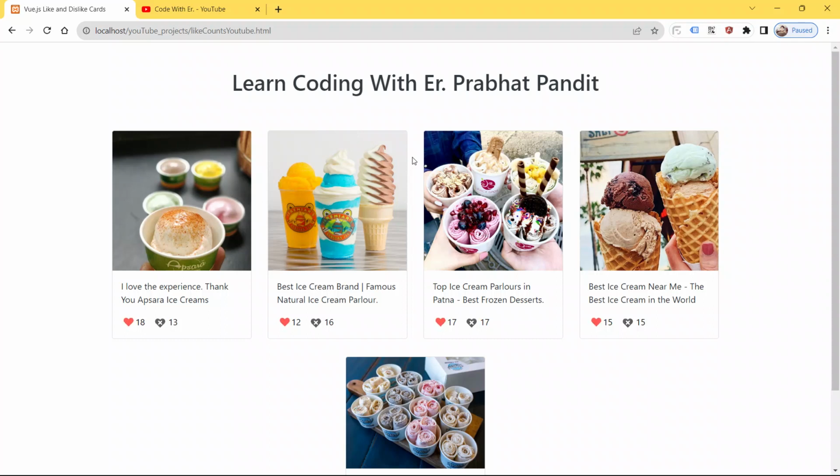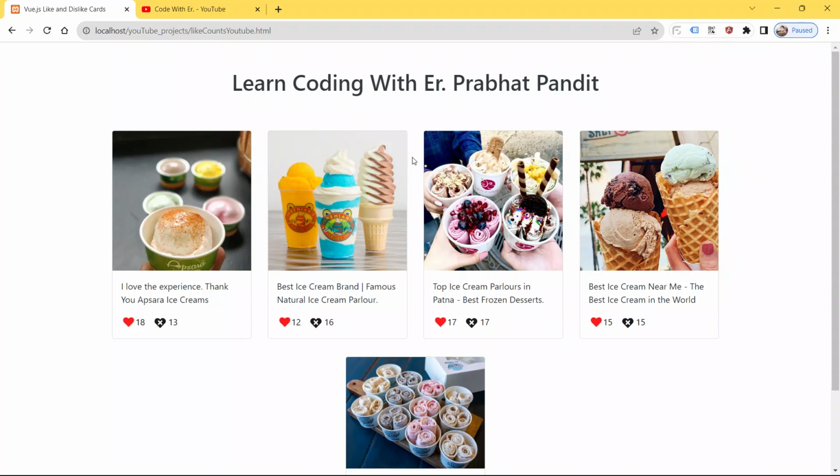That's why it remains the same after the page refreshment also. So in this video we are gonna learn how to create this kind of dynamic application using HTML, CSS, Vue.js as well as local storage, where you can like the product or dislike the product also. Okay, so guys, this is a really dynamic application.